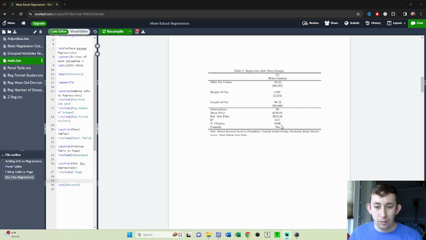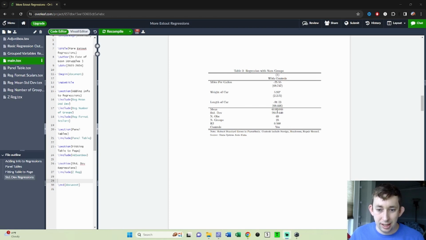Now, why might that be helpful? Well, you can see, for instance, that the number of clusters is a whole number and it's displayed as 23.00, which isn't super great. Maybe I also want an additional decimal place on R squared. Maybe I want an additional decimal place on the mean and standard deviation for the dependent variable, or just one of the two. I just want control over the format of these scalars, so that's what I'm going to show you. So we're going to take this from table 2 to table 3,